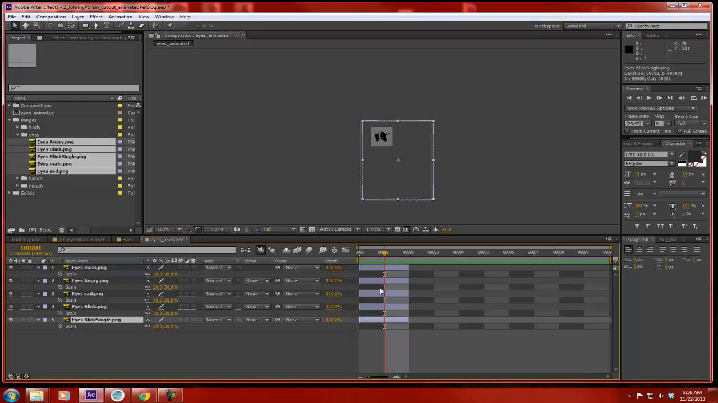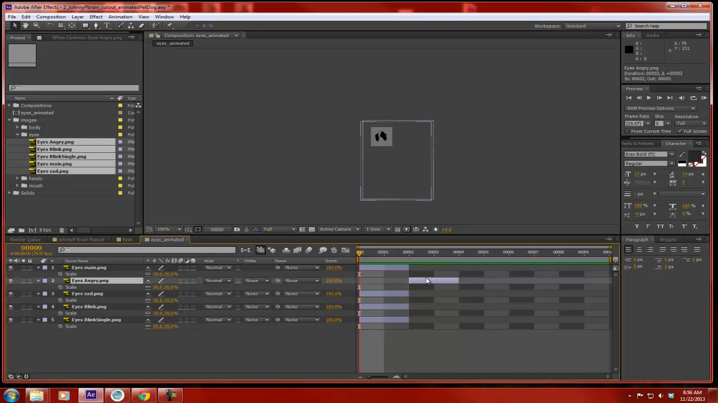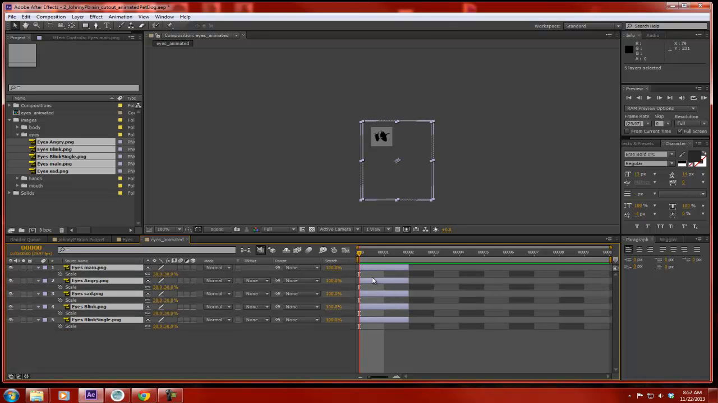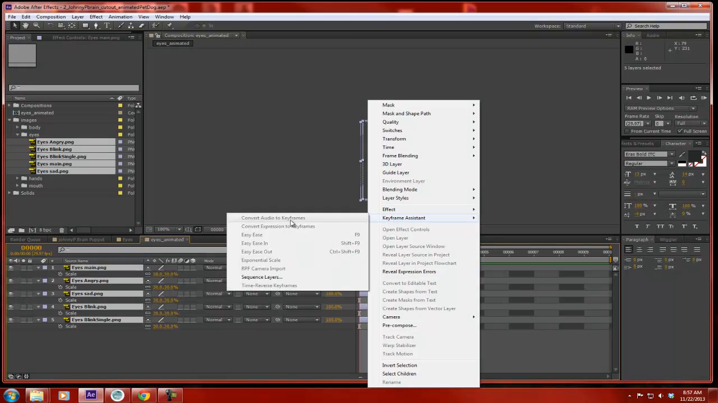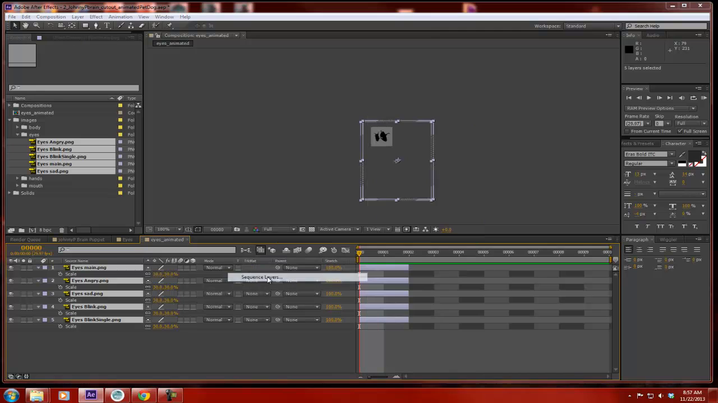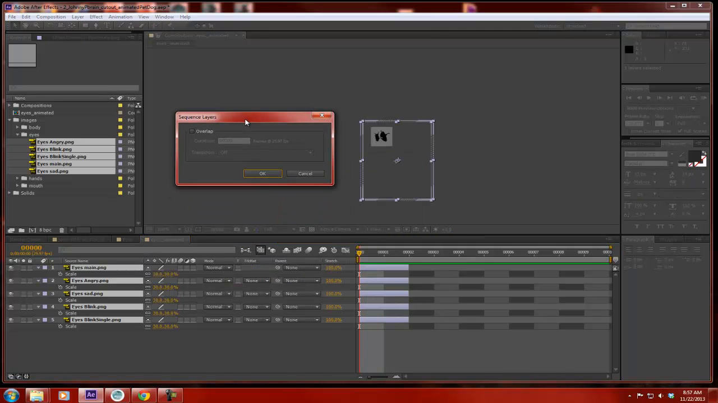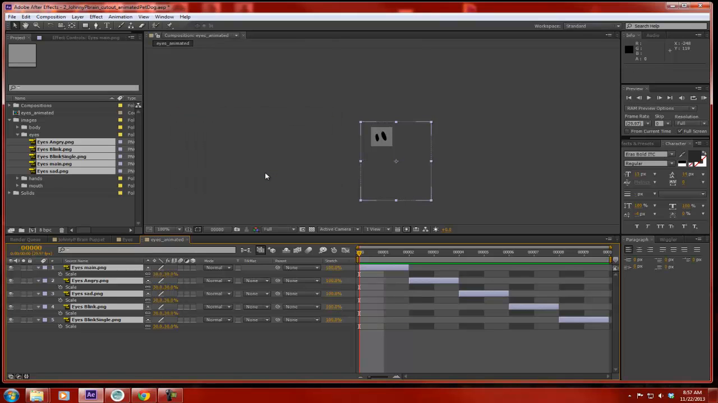Here's what we're going to do. I want to separate these individually, so I just want to offset them. Now I don't have that many, so I could simply do this real easy, but I'm going to show you a shortcut. It's something that might come in handy later on. You select all your layers, and if I right click on it, I can go down to my keyframe assistant and I can go to what's called sequence layers. I'm going to say sequence layers, and it's going to ask me, do I want to overlap them? And no, I do not. Watch what happens. Boom. When I sequence them, I get